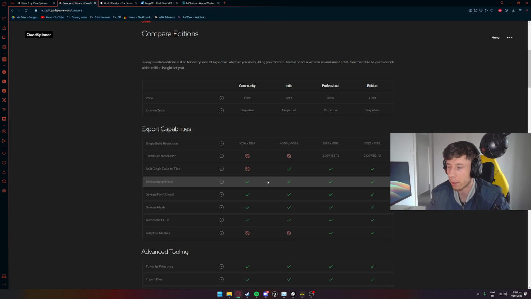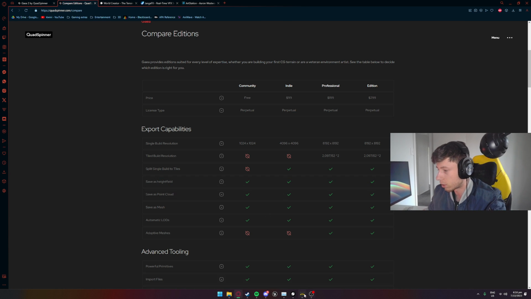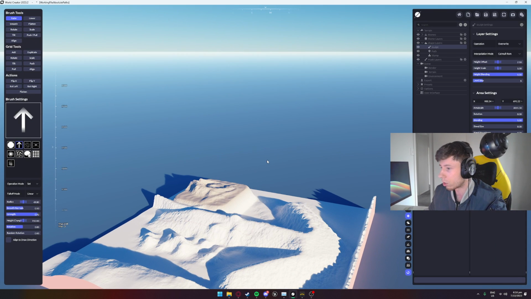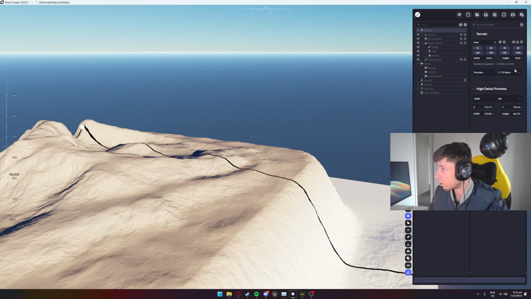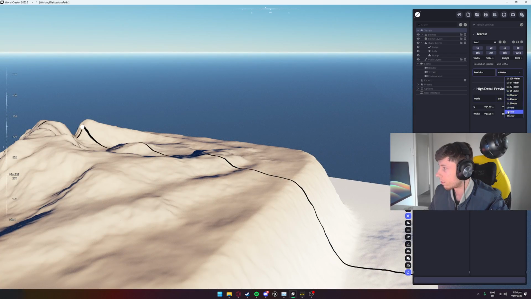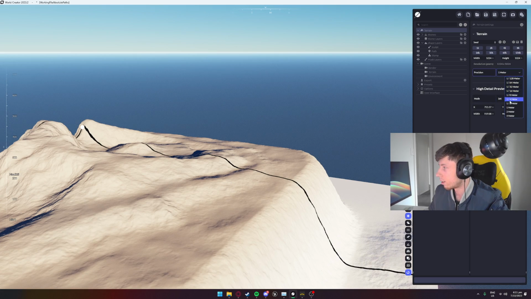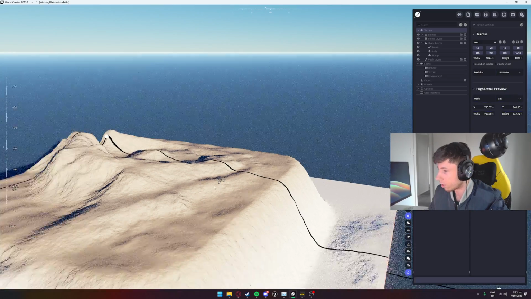So some things are a bit better, sculpting and stuff like that, and in World Creator you get a bit more hands-on control, whereas in GAEA I think you can do a lot more with it, but it's just going to take a lot longer. You have to effectively cache everything each time you want to make changes, and it's a lot slower, as you saw me trying to do that. If I just want to change, let's just go 1K, for example, we're at 4, 2, 1, 1/2, 1/4, 1/8, high precision mode,